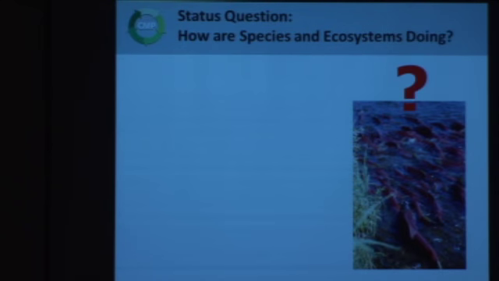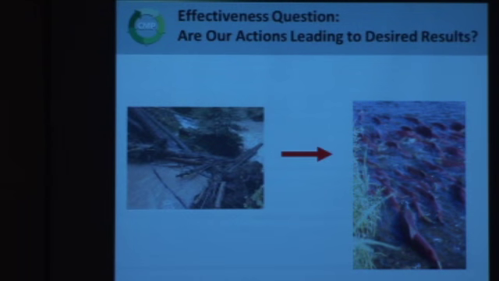We also learned that there's very different questions that require different answers. So in our world, there's the status question, which asks, how are species and ecosystems doing? So how is that salmon population doing? Or how is that habitat doing, that riverine habitat? That's an important question. But it's a very different question from the effectiveness question, which says, if we're dumping a